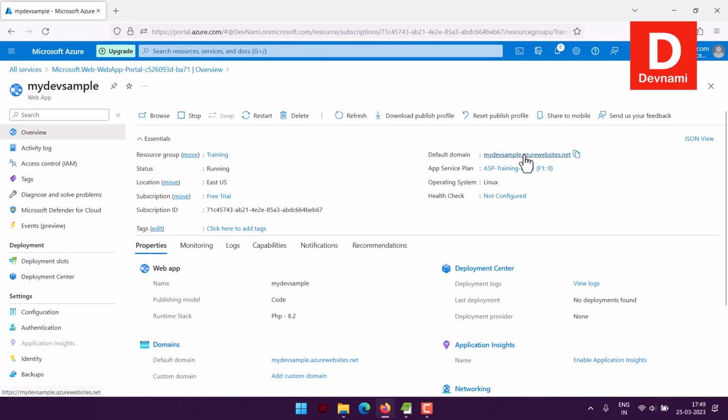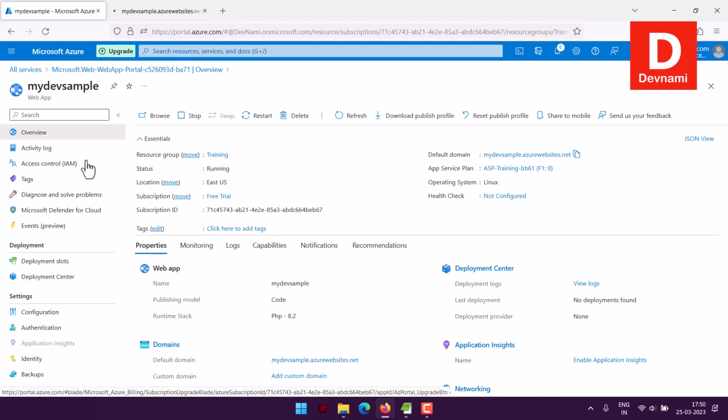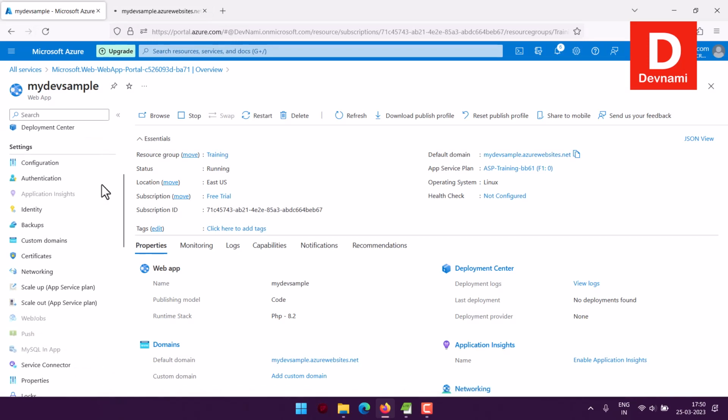If we try and open it in a new tab, let's see what appears, because currently we do not have any content. So there must be some sort of placeholder text from Azure that explains to you that there is some instance running for this web app and you can access it. So let's go and check that. Okay, it will take a bit of time, so we will give it time, and meanwhile we can explore